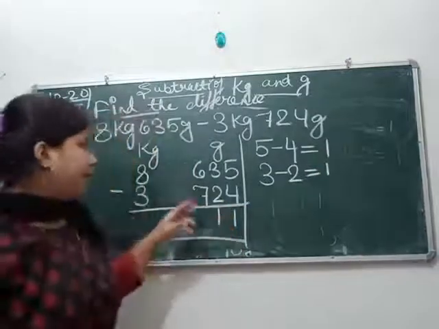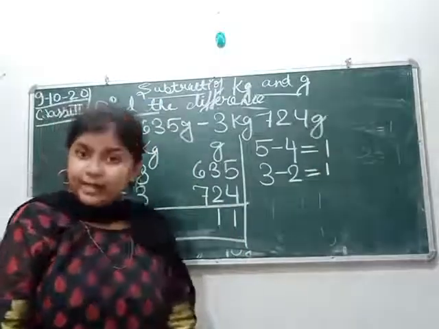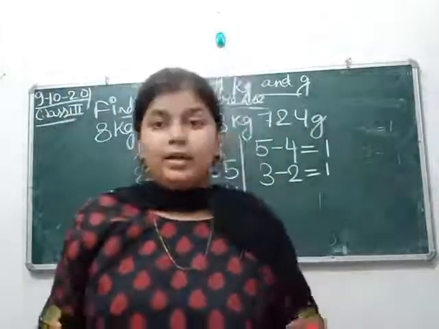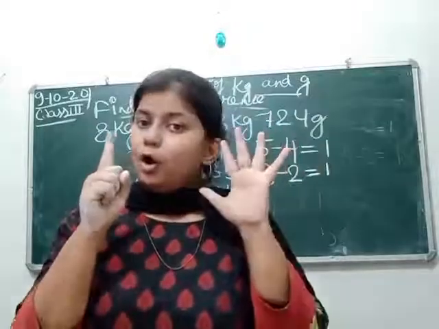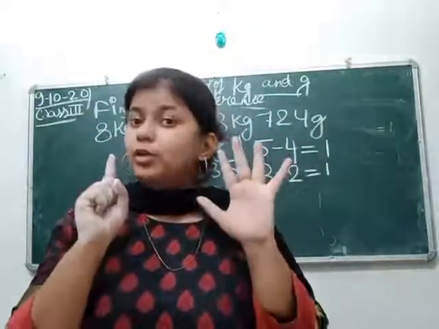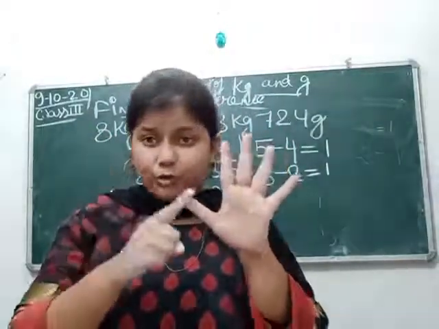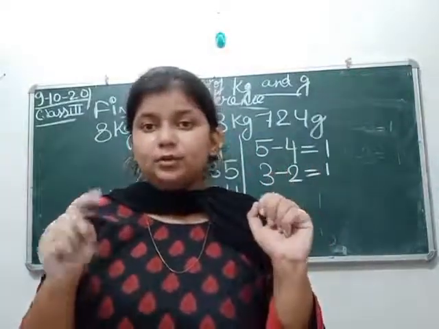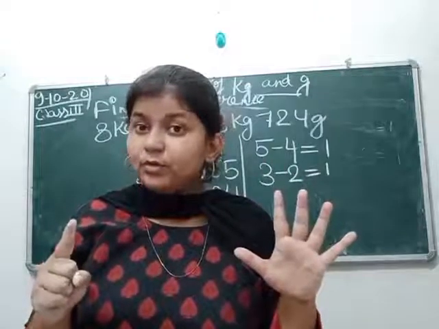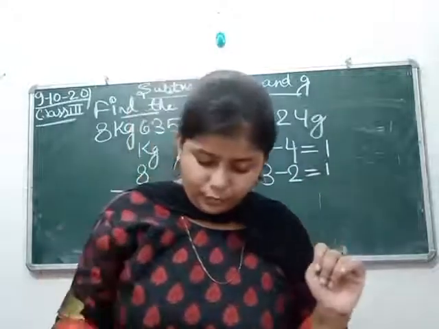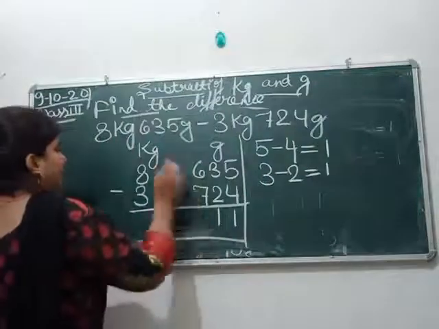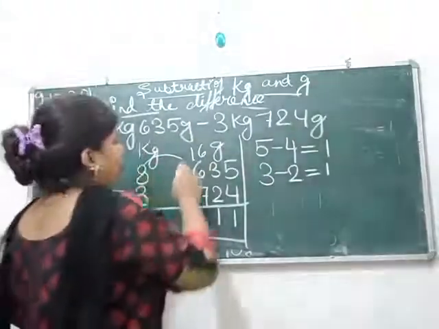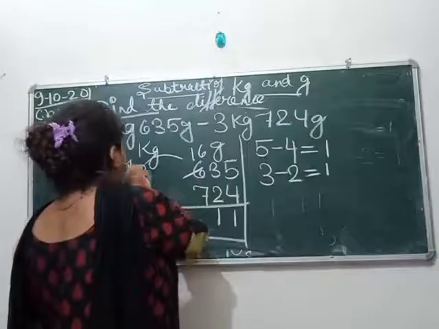Acha. Now at this place we are having 6 and 7. So you cannot subtract 7 from 6. Can I? Suppose here I am having 6 chalks. Can I give you 7 chalks out of these 6 chalks? No, I can't. So what I have to do? I have to take a borrow. Now this number will become 16, and this number will become 7.